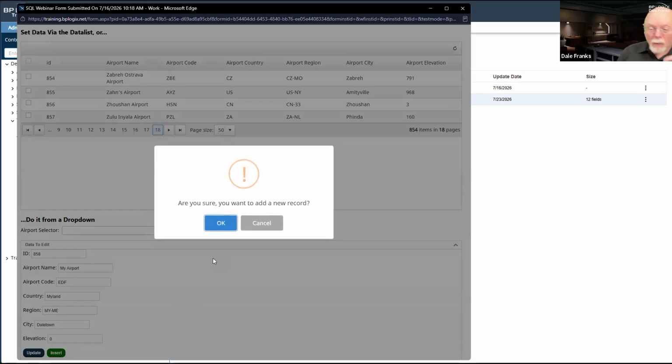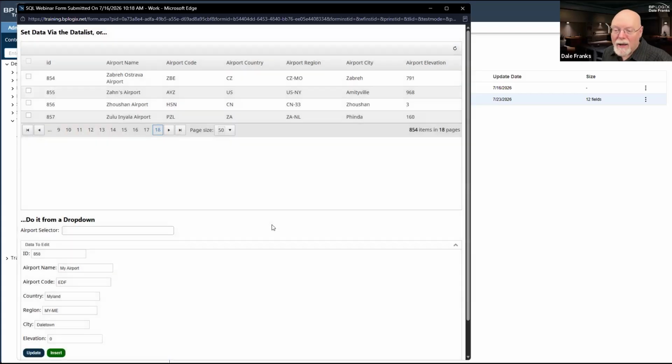Okay, so what did not happen, because I did not have it configured for the update, is my confirmation dialog box that we set with the confirm text property on the button. Are you sure, comma, you want to add a new record? I don't know how that comma got in there. I don't remember typing it, but we're going to have to live with it for now.